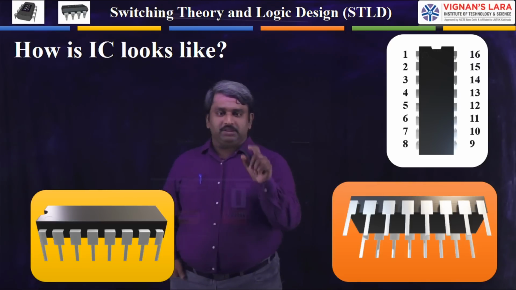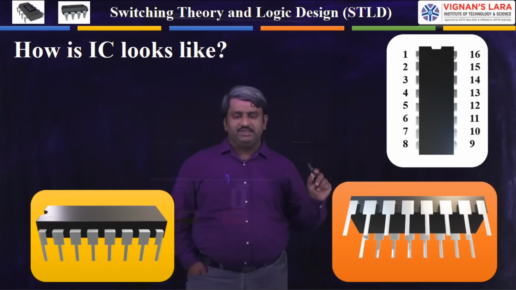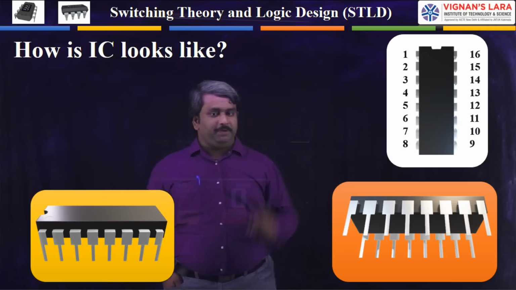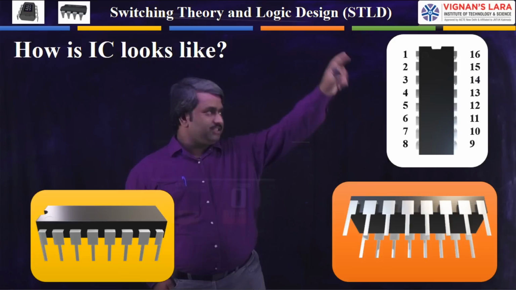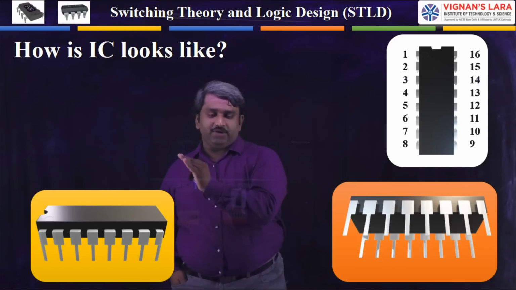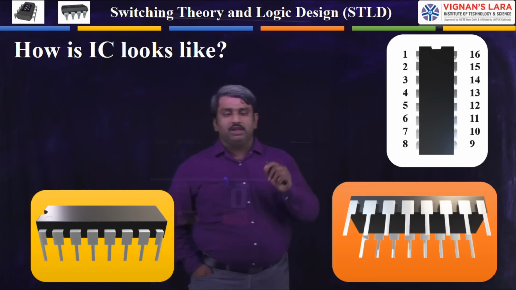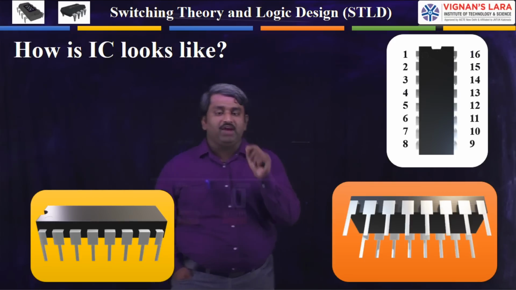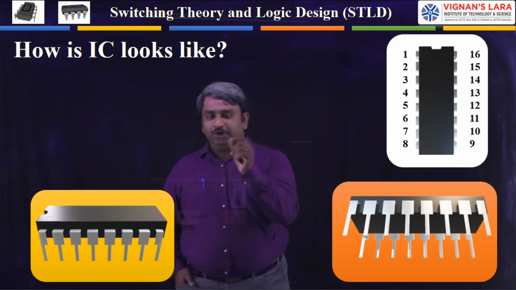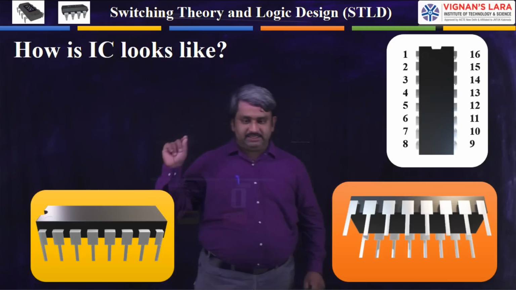The pins of this IC appear in this way, and we have different types of ICs. Some ICs have 16 pins, as represented in this picture. In some ICs we have only 8 pins: 4 pins on the left side and 4 pins on the right side, totally an 8 pin IC. Generally we call ICs by their pin numbers: 8 pin IC, 14 pin IC, 16 pin IC, 32 pin IC, 40 pin IC. These are the standard representations of those ICs.